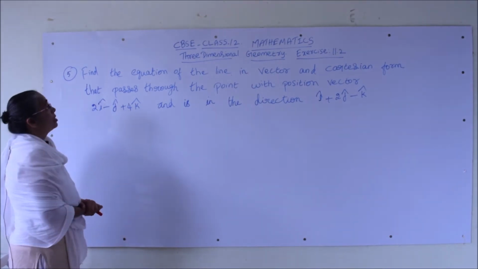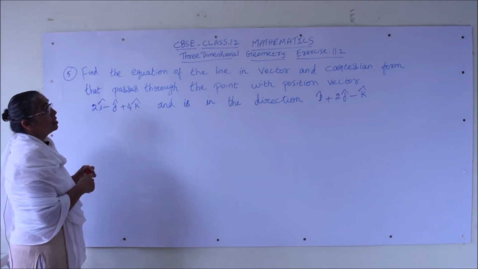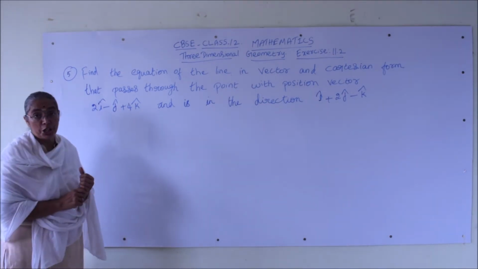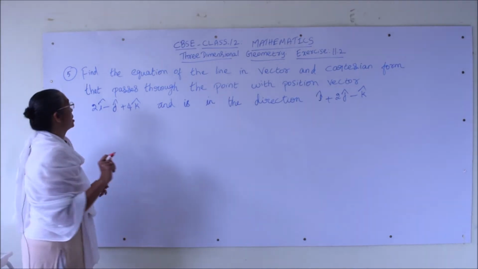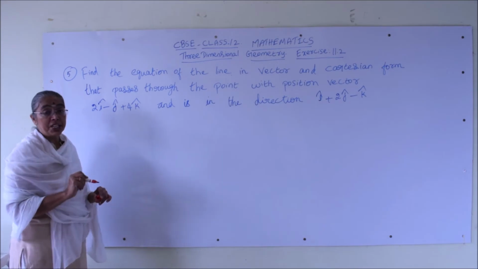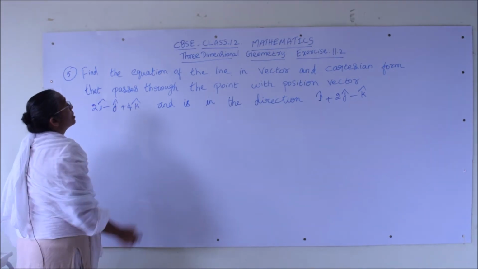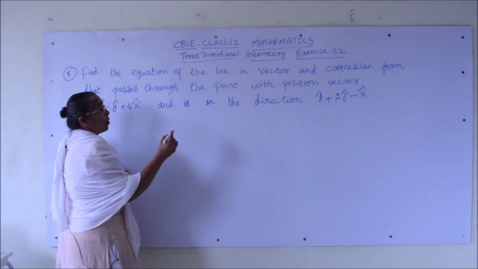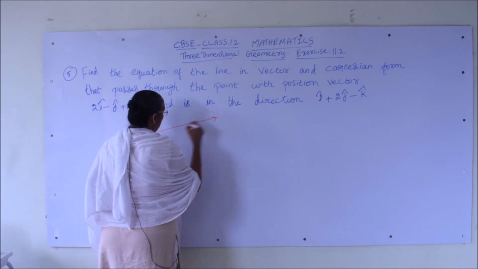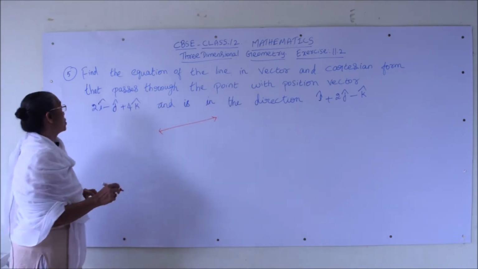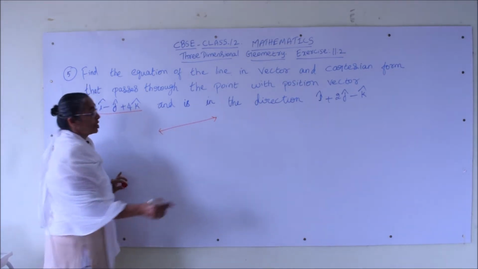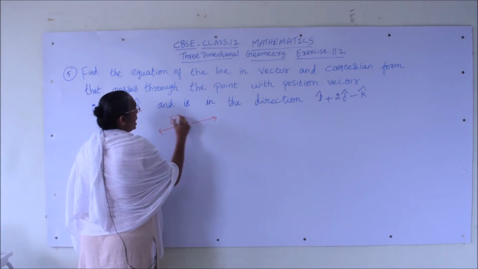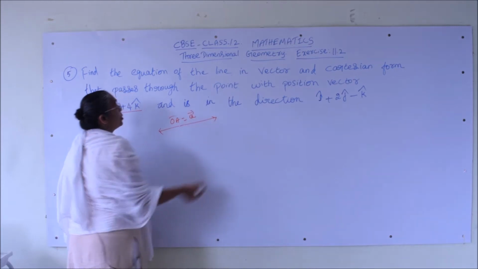Problem number 5, find the equation of the line in vector and Cartesian form. So, we have to find the equation of the straight line in vector form and Cartesian form. What are the conditions given? The straight line passes through the point with the position vector 2i cap minus j cap plus 4k cap, that is OA, or A vector, is given for you,